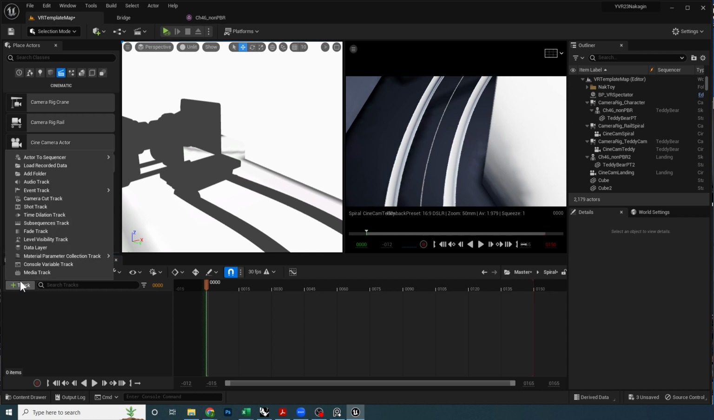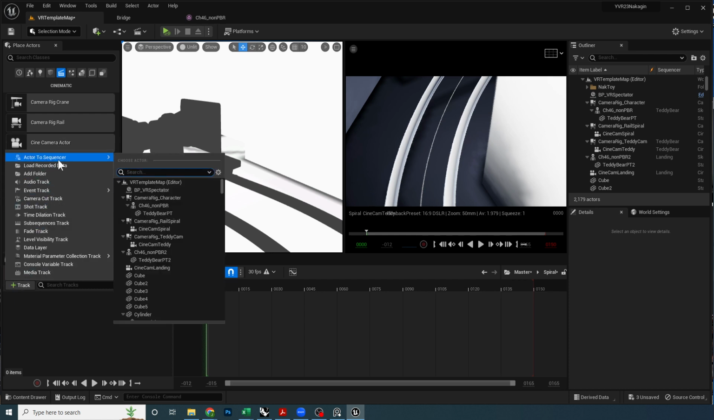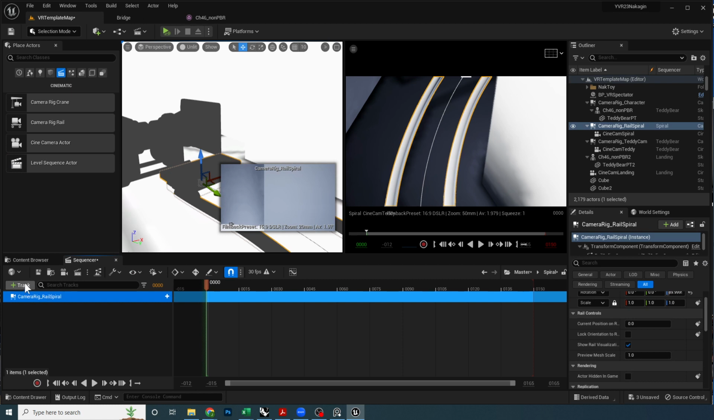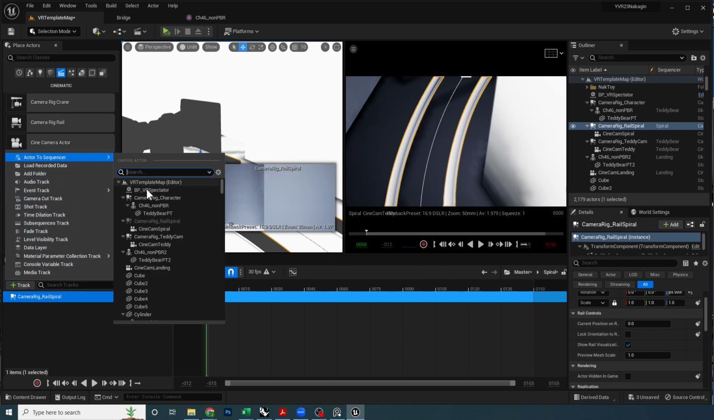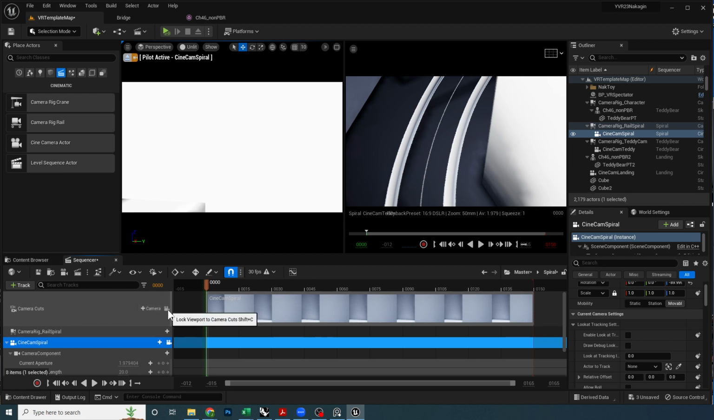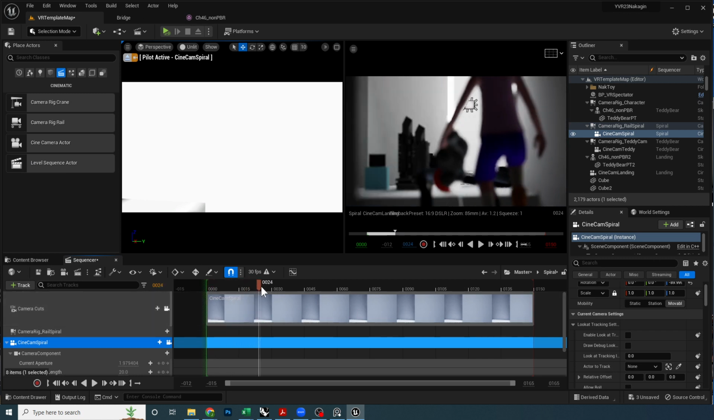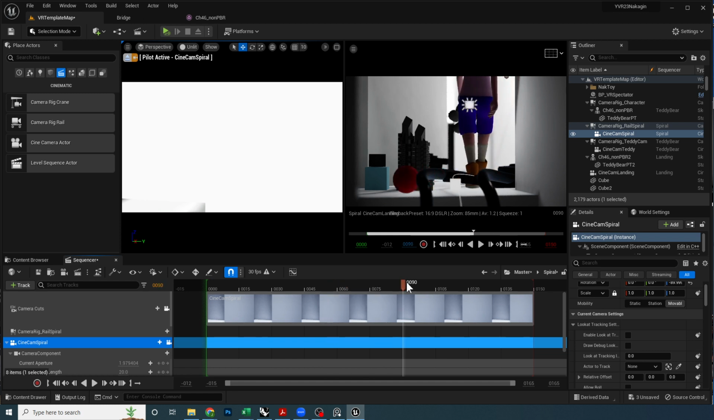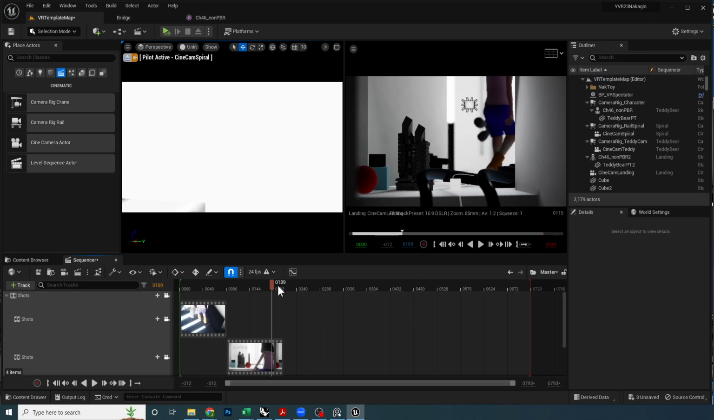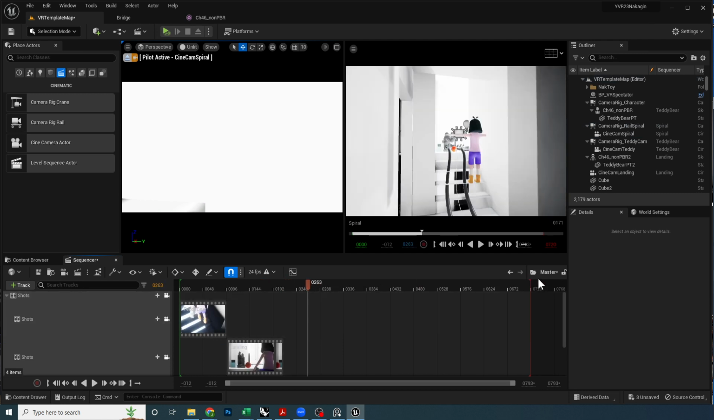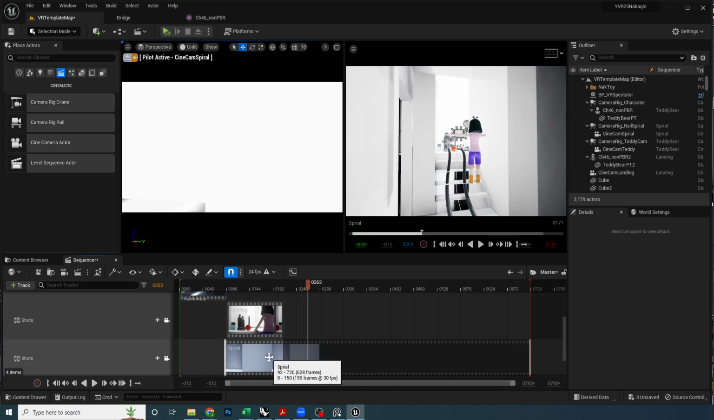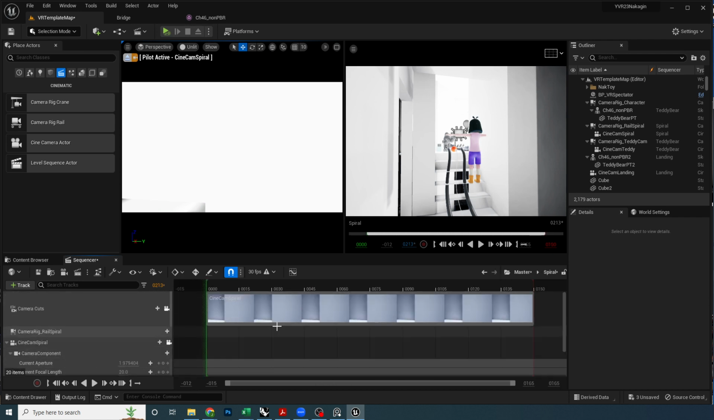I'm going to add actor to sequence. I'm going to find my cine camera spiral. Well, let's just add the rig rail and the cine camera spiral. Right, and so you can see, actually, if we go to the master, at any point, so let's go back into,